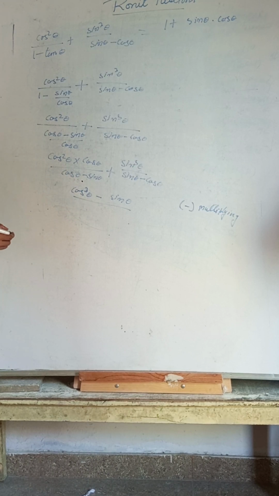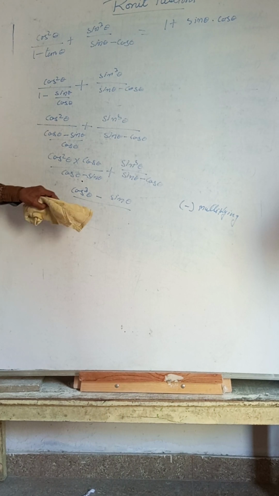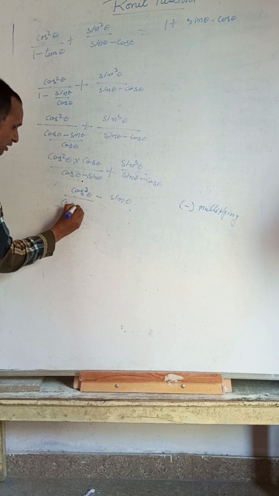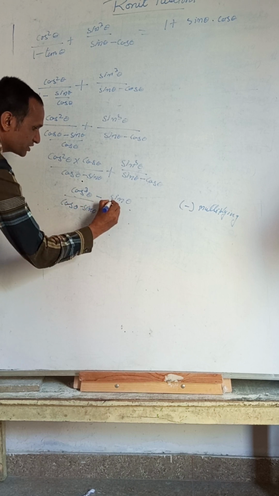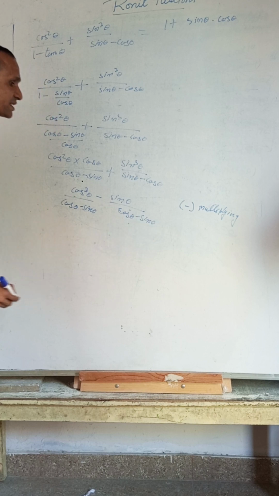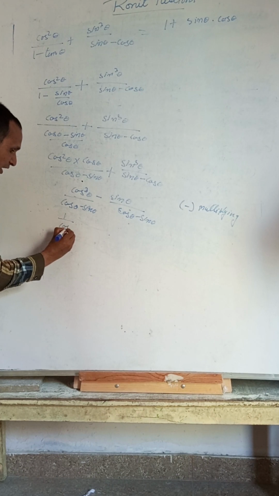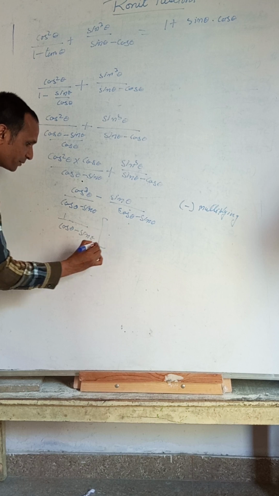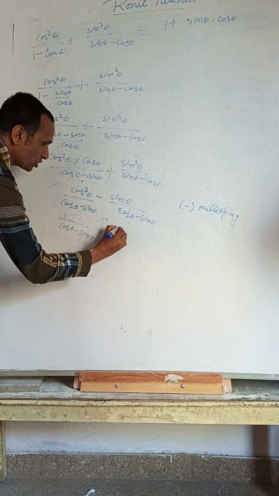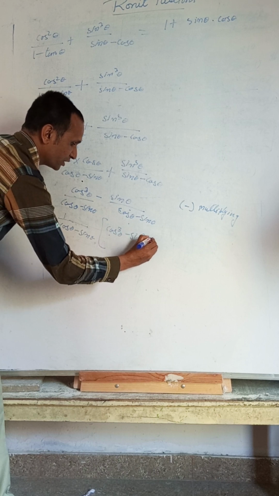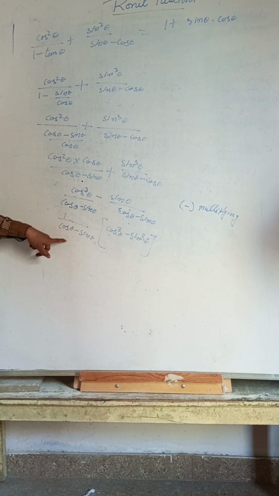Common taken like that. Otherwise we can write them separately. Let us write separately: cos theta minus sin theta on this side, cos theta minus sin theta on that side. It becomes the same now. Again we can take 1 by cos theta minus sin theta as common. What remains here is cos cube theta minus sin cube theta, because cos minus sin theta is taken as common.